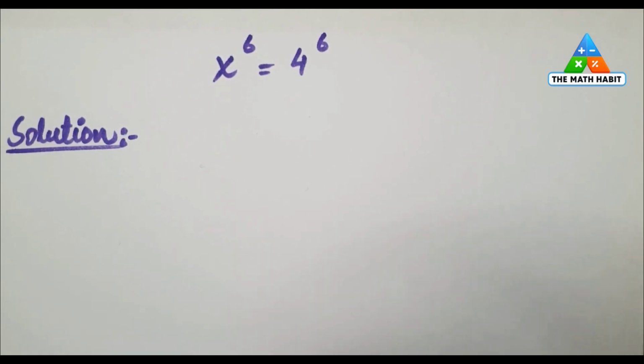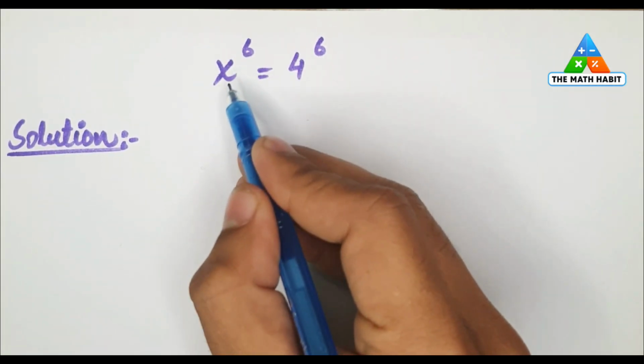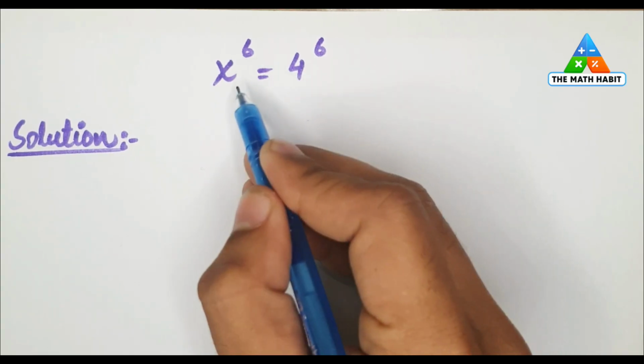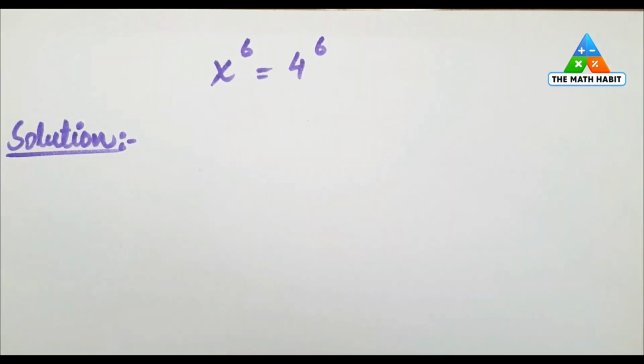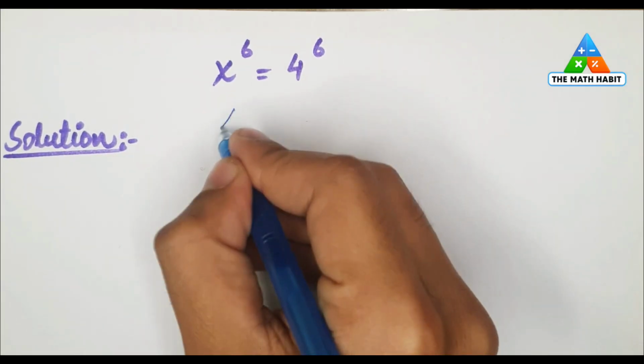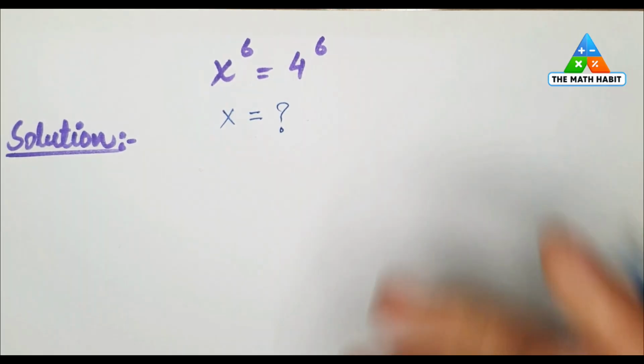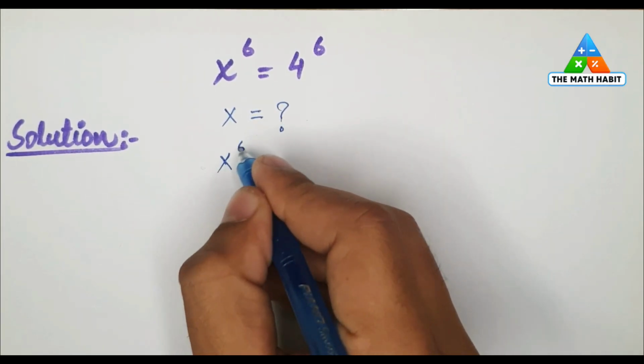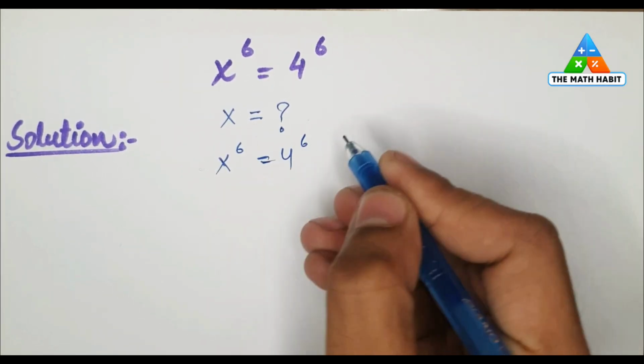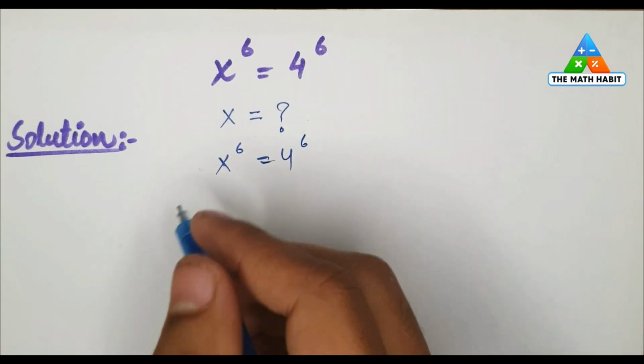Today we are going to solve this interesting math problem. x power 6 is equal to 4 power 6, and we have to evaluate the value of x from it. As our problem is x power 6 is equal to 4 power 6, let's rearrange the